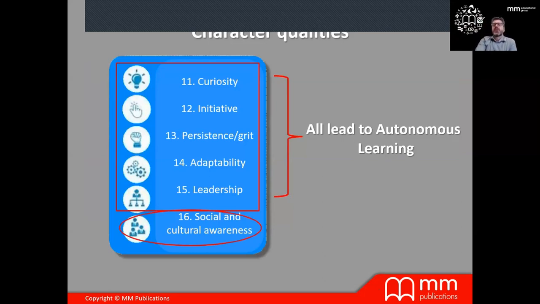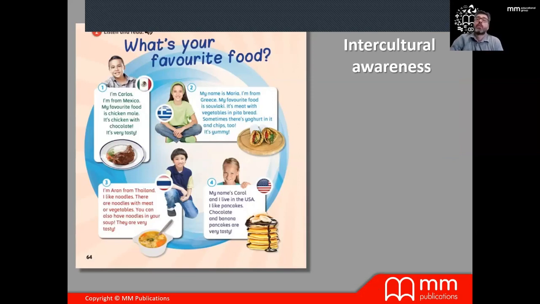All right, and finally, we also have social and cultural awareness. All right, by learning English, okay, when you're teaching English, you're also teaching the culture of the language. But in our books, we also want to teach students the culture of other countries as well. Because, hey, they might travel one day, and they're going to use English, of course, to communicate. So we try to raise intercultural awareness. So we'll have information about different countries, okay? And then again, this is an opportunity for students to go online and find some additional information.